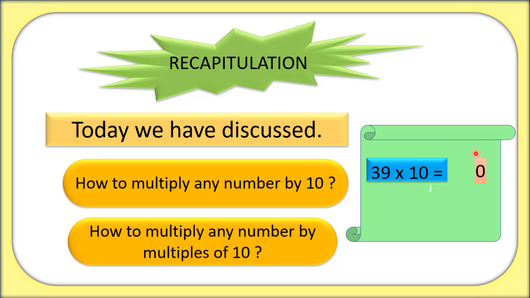Good. Now what is the second step? In second step you have to multiply 39 by 1. Second step में आप क्या करेंगे? 39 को 1 से multiply करेंगे. And what is the answer? 39 ones are? Good, 39. And in 39 you will write here 9 at 10's place and 3 at 100 place. So when you will multiply 39 by 10 you will get the answer 390.